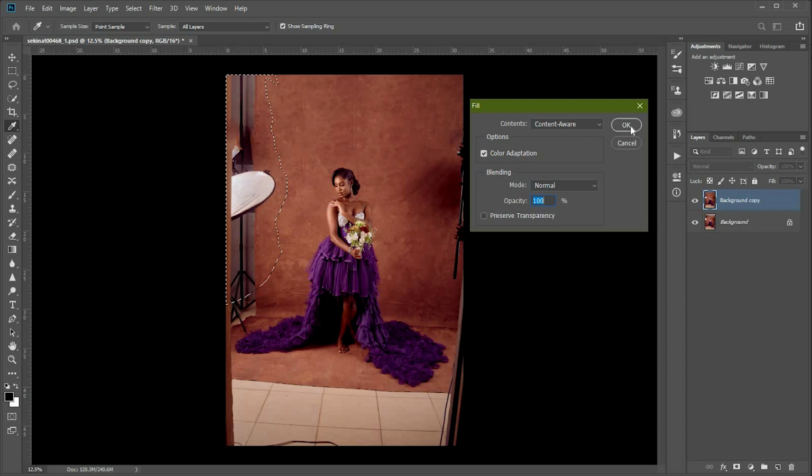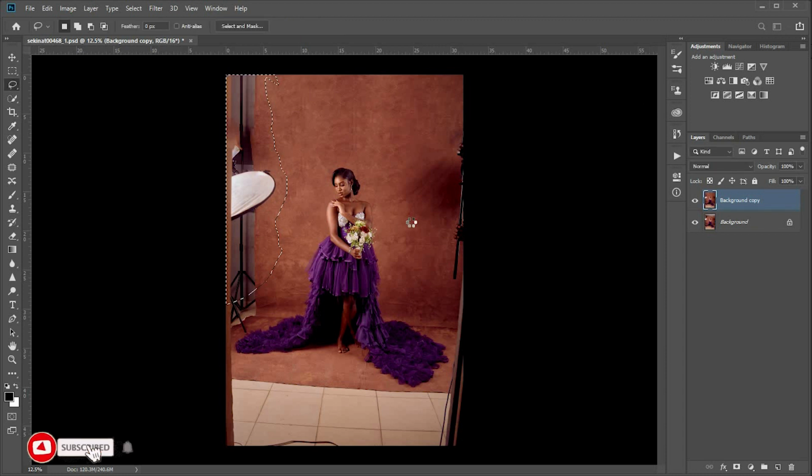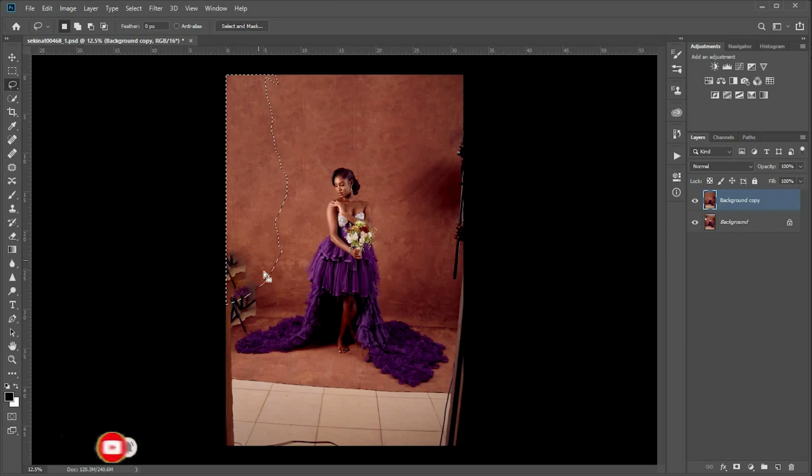Fill, content aware. Okay, as you can see, it's also decent. And there's a shadow here that I would like to clear out, and I think it's because of my space. I didn't have enough space, so it's from the